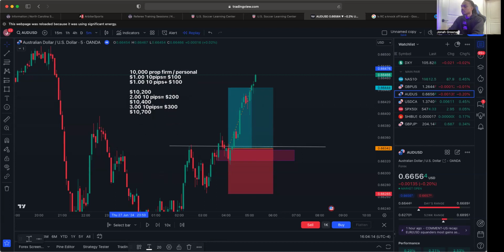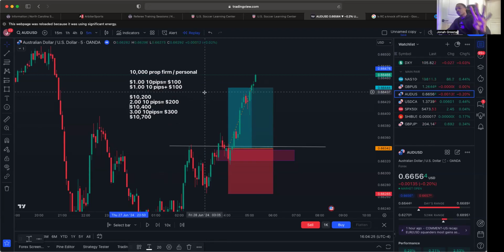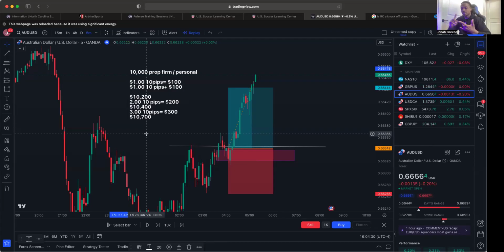So let's just say for your prop firm account, just literally 1, 2, 3, 4 trades. Let's say you only traded 4 days and you had these 4 trades. You compounded just by 10 pips using a 10 pip stop loss and a 10 pip take profit. All you did was max your lot size with your profit. So if you won $100, and then you win another $100, that's $200, right? And then you say, okay, now I've got $200, I can risk $200. And if I lose, I'm at break even anyway, but if I win, I'm at